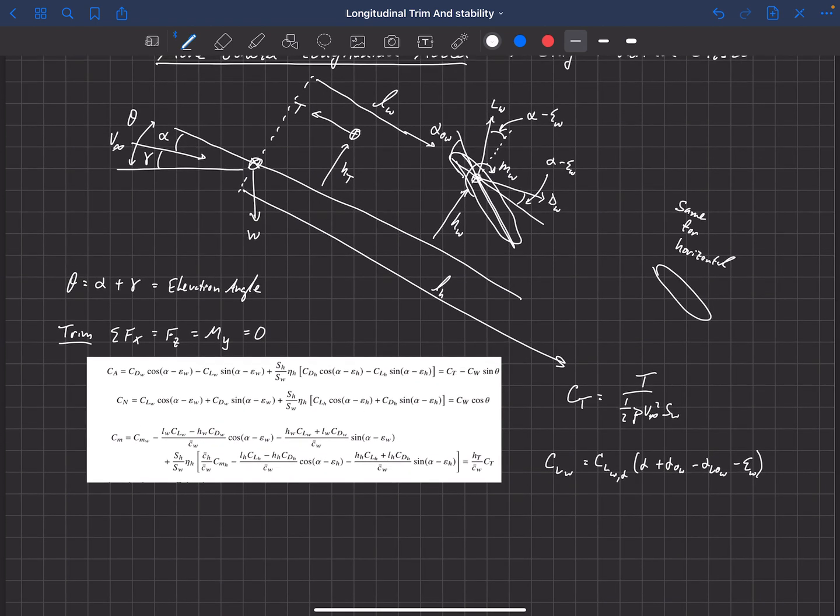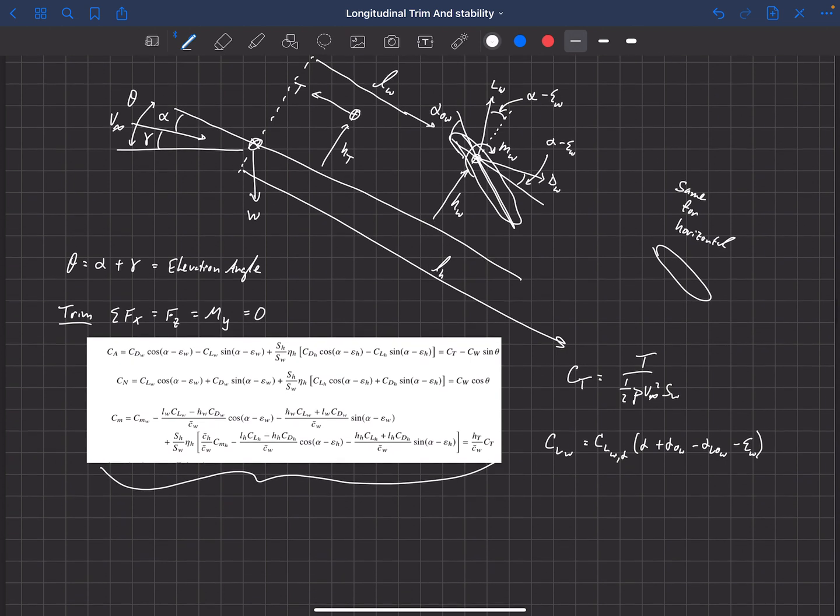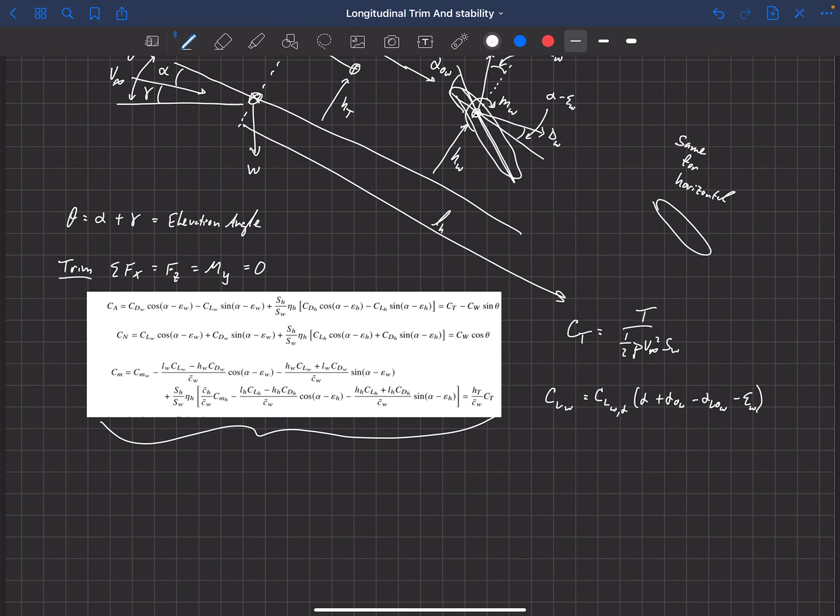So this system of equations here is highly nonlinear. And so we're not going to be able to just rearrange this and solve for alpha and delta E, right? So in the previous, with our simplified model, we could solve for alpha and delta E directly by simply rearranging these equations. But you can see that alpha is embedded in these sines and cosines everywhere. And so this is a very nonlinear model.